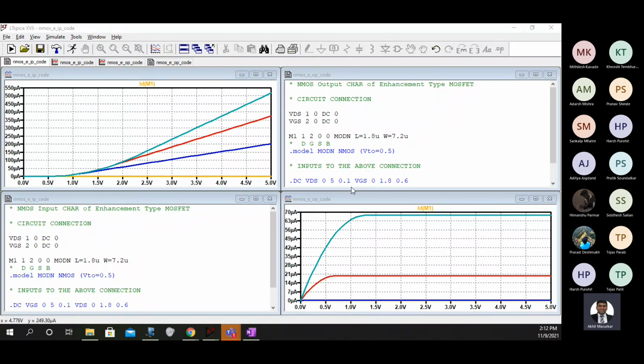Okay, Mithilesh, correct. Just make sure that you are writing the correct names here. So if it is output characteristics, you should see to it that you write output char like this, and very clearly state that this is an enhancement type MOSFET. Yes, correct, Sankalp, very good.